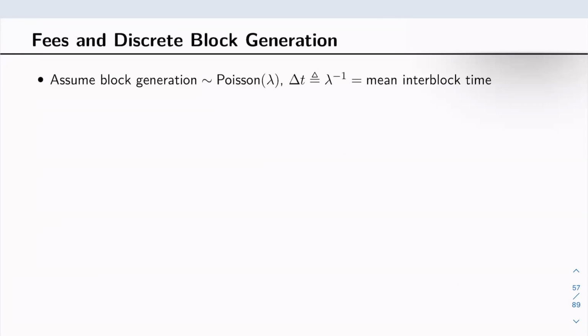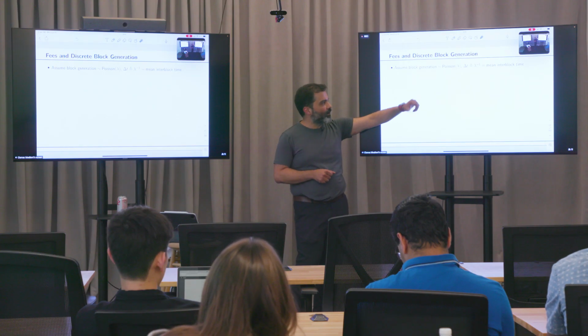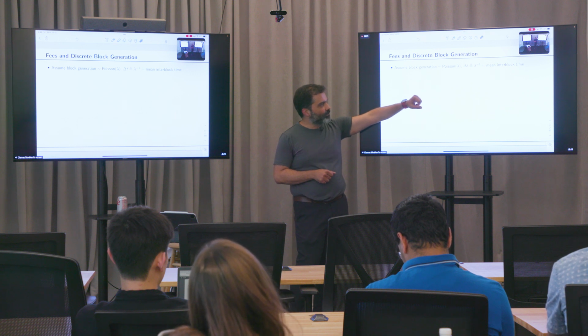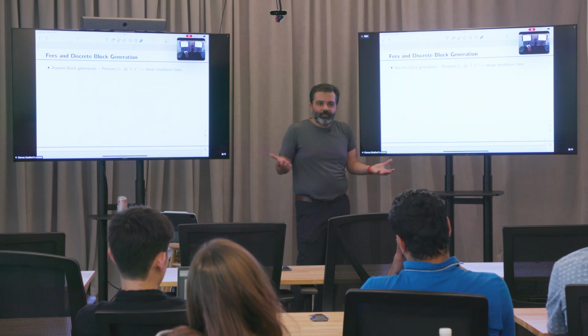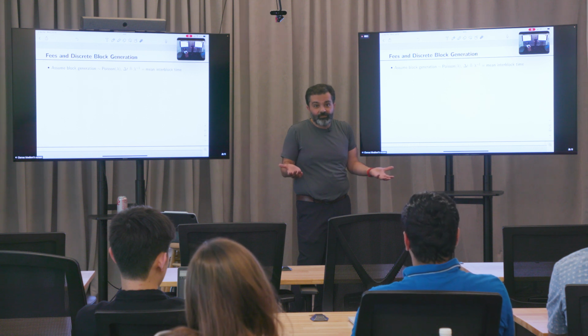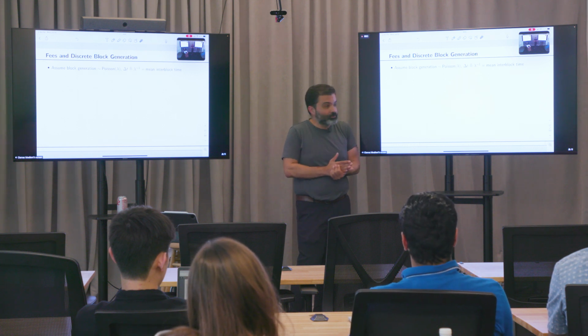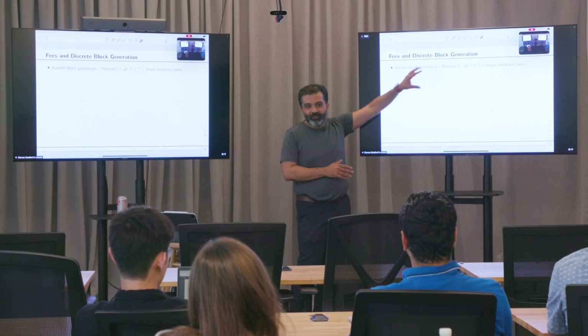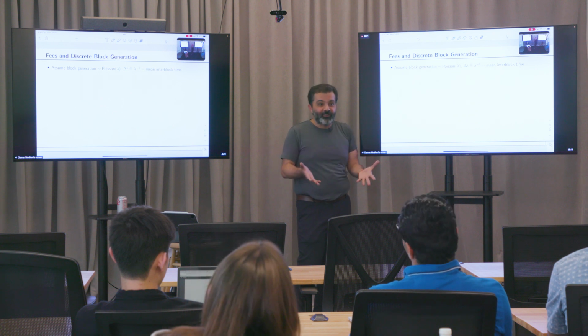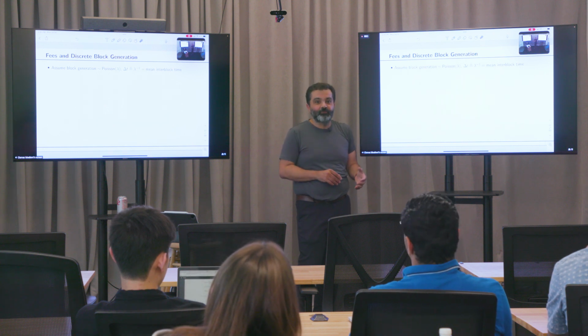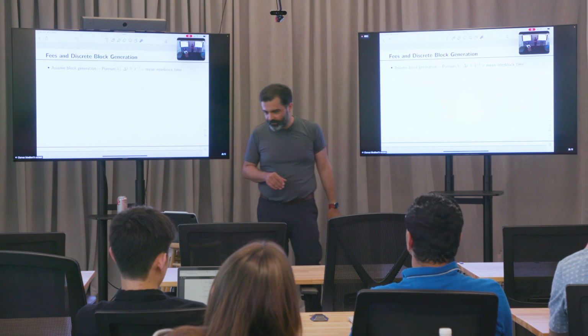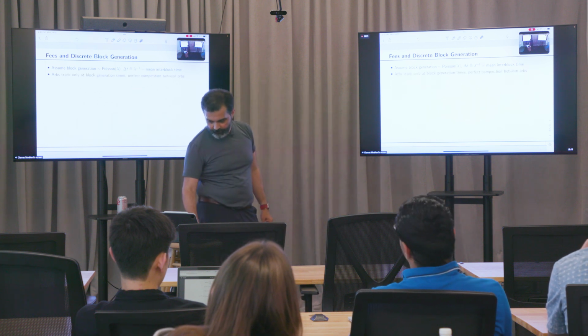So for proof of work, this is perfect. Proof of work is fairly Poisson, certainly at these kinds of timescales. For proof of stake, it seems like 99% of proofs, or at least everyone I've seen, has deterministic interblock times. So this is not the right model for proof of stake. Nevertheless, it's a model we can make progress with. So that's what we're going to do. We're going to assume that blocks are generated according to a Poisson process.